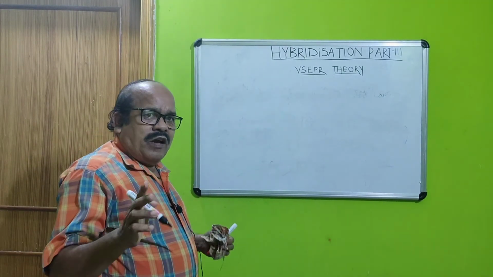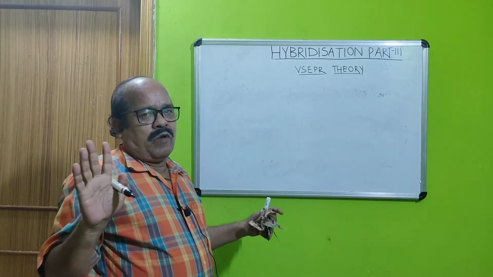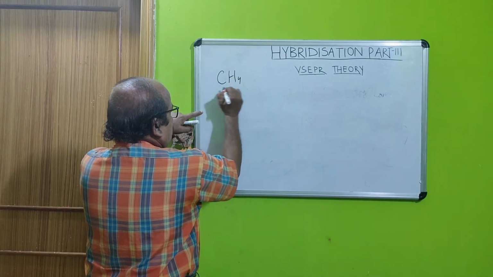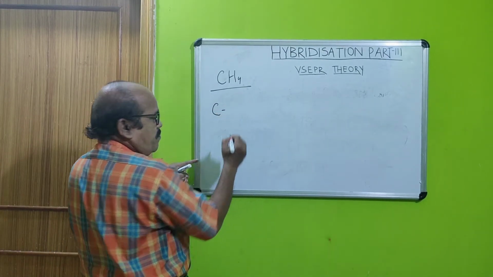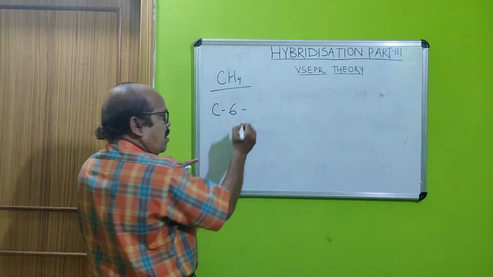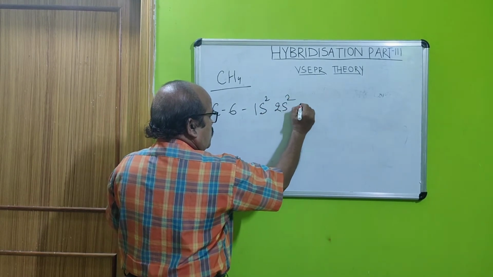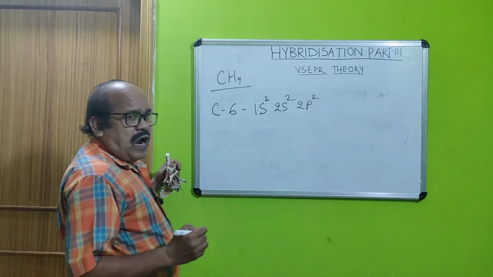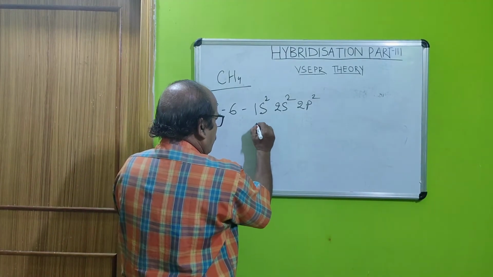Now, I shall tell you here 3 examples: methane, ammonia and water. In case of methane, the formula is CH4. Here the central atom is carbon. Its atomic number is 6, and its electronic configuration is 1s2, 2s2, 2p2. In the box-like structure, applying Hund's rule of maximum multiplicity, the structure is like this: